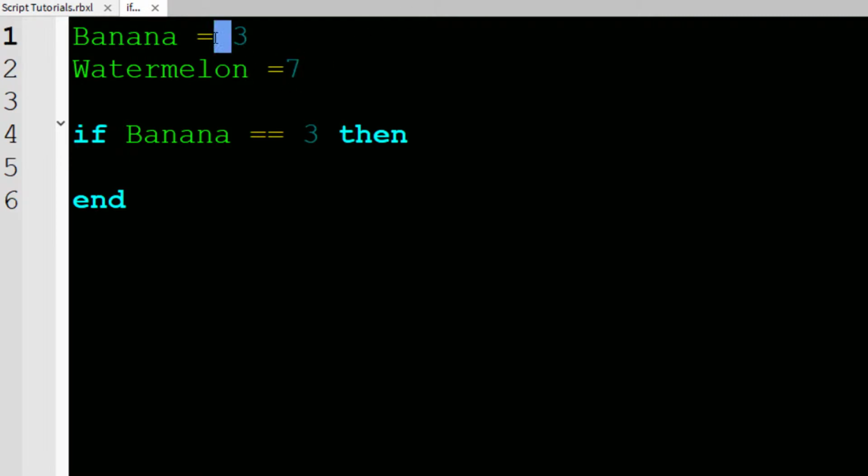And you don't need to put spaces, but it gives the script a nice touch to make things clear and separate things from other things. So yeah, and if banana is equal to watermelon, then